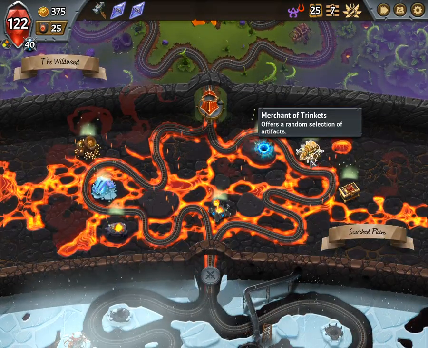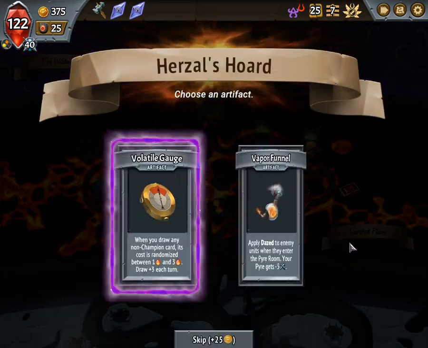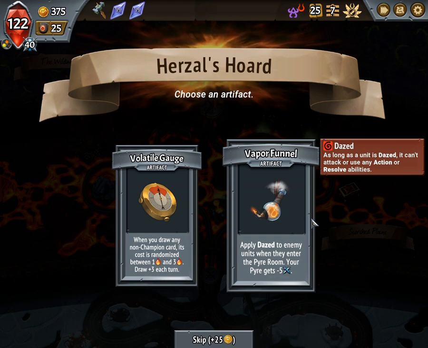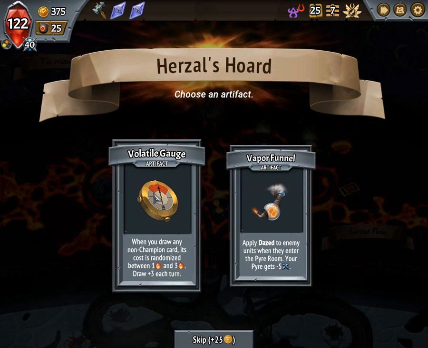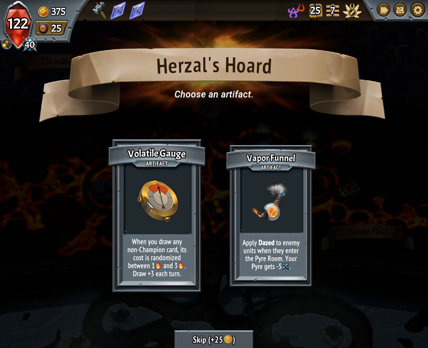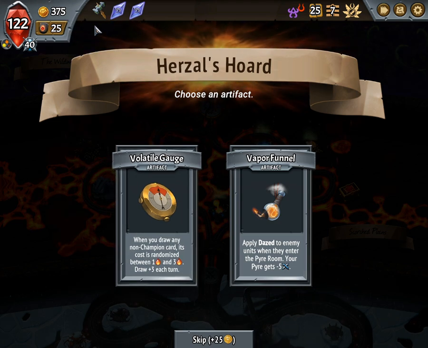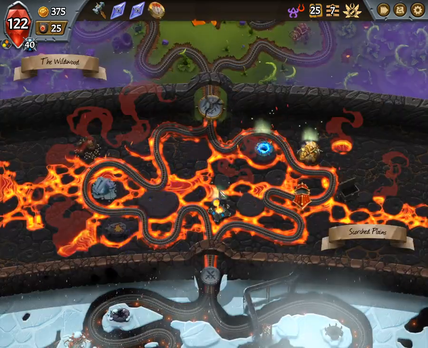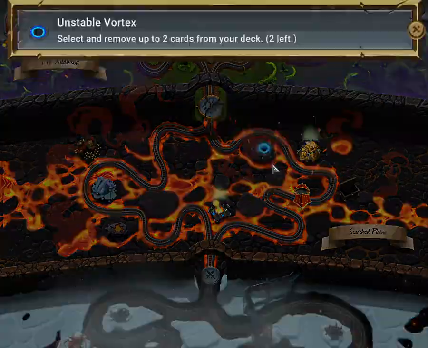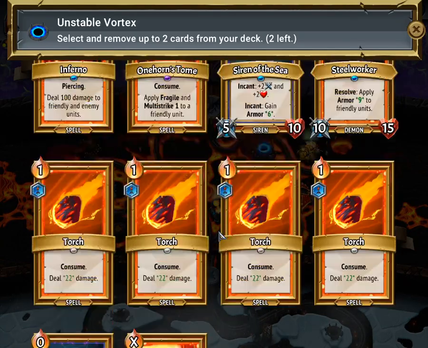More card draw. All right, and now, like I said, we're going to the right side. Let's grab an artifact. Apply daze when they enter the Pyre Room. When you draw a non-champion, its cost is randomized. Oh god, no. Oh, actually, that would be 5 extra. We literally draw like the entire deck per turn. That seems pretty good. We're getting the cost reduction anyway. Unstable Vortex. So we're going to get rid of...